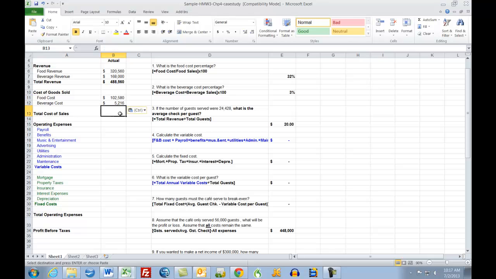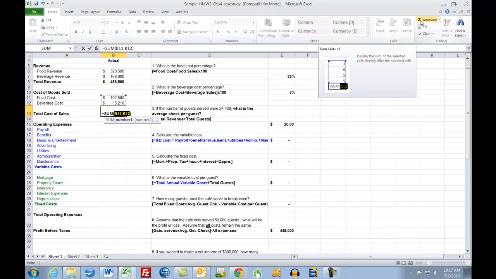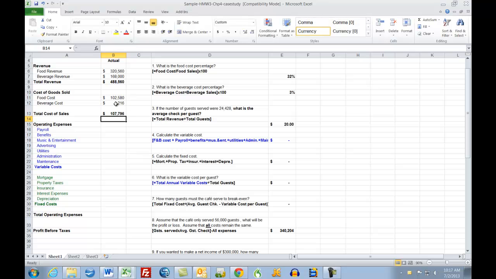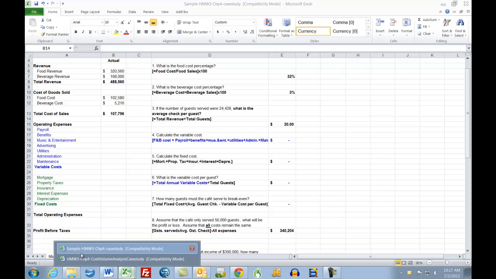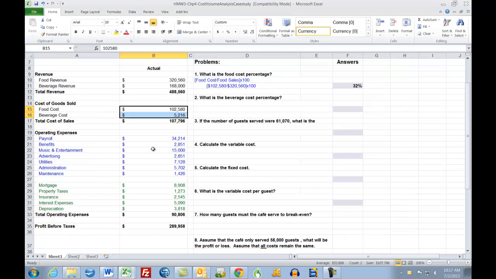Now the total food cost is basically the total of these two amounts over here, total cost of sales, sorry. I'm going to use a formula. I'm going to use sigma, which is located right over here. So the sigma sign indicates the sum or total or the addition of all of the values that are in this cell and that cell. And then we're going to go to operating expenses and do the same thing. Copy all of these numbers